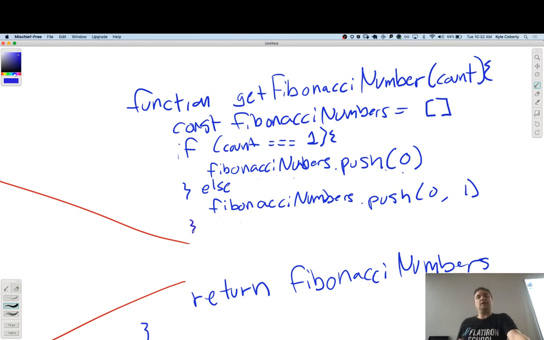And then, so now I still need another condition though, because I only want it to keep going if the thing was more than 2.